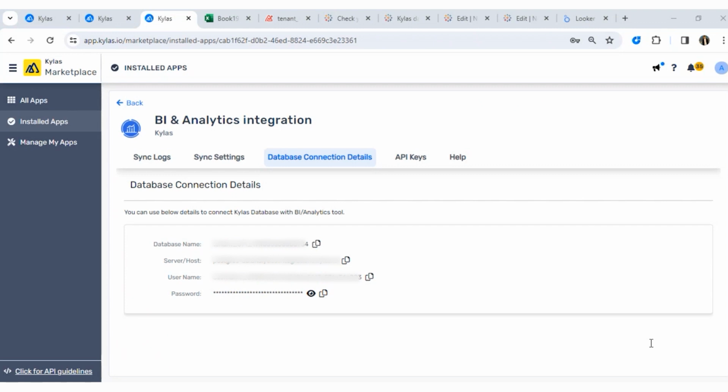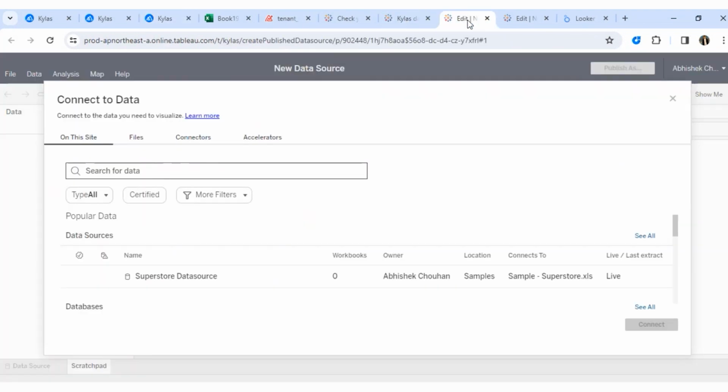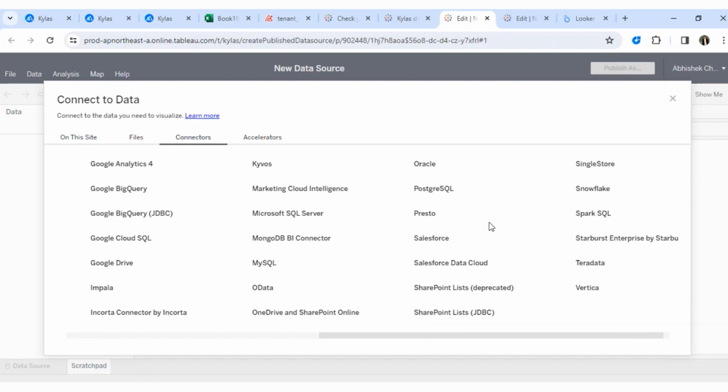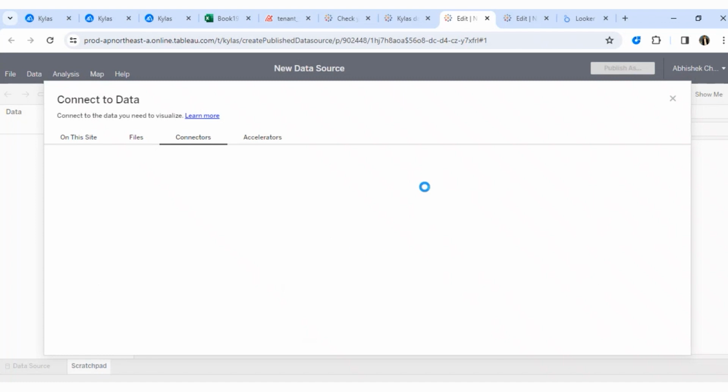right? So whichever analytics tool you want to connect with this, just look for PostgreSQL. In Tableau, PostgreSQL is available in the connectors, and when we scroll down somewhere here, I think, yeah, this is PostgreSQL. Okay. Now here, what we have to